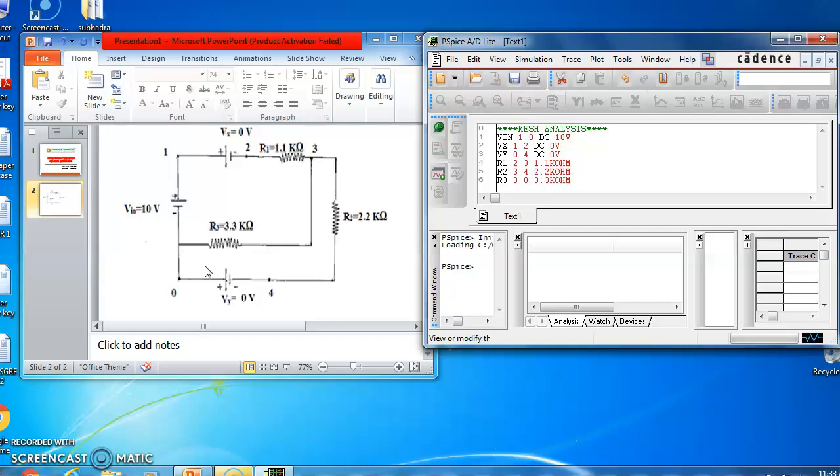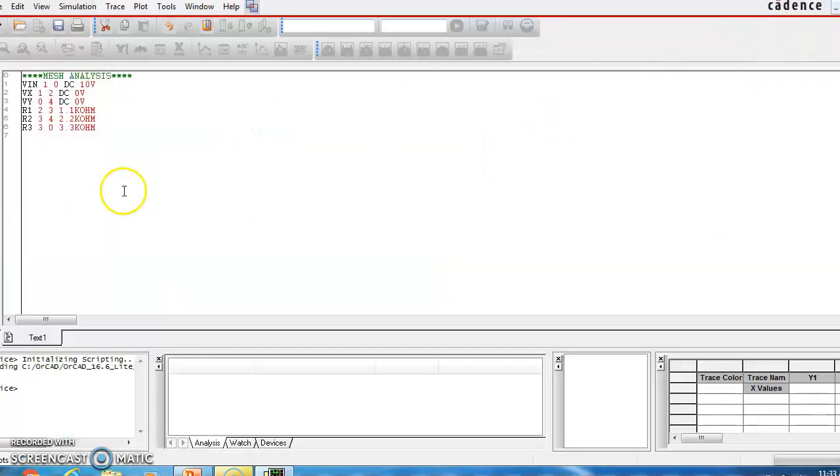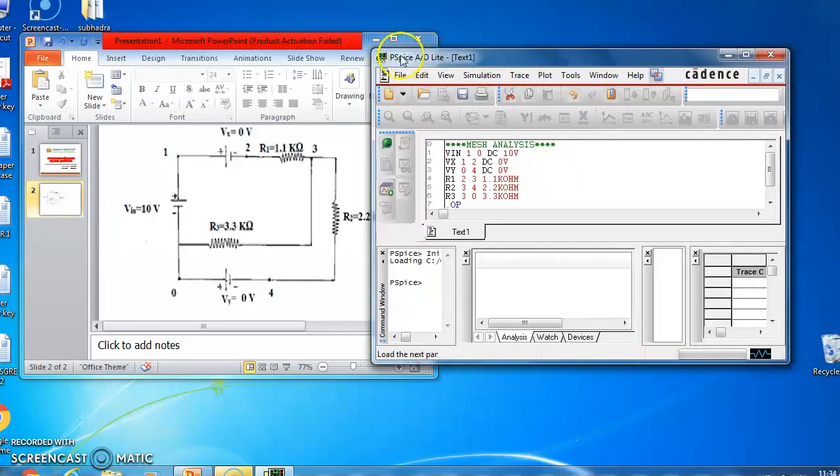Next, to perform the operation, I use the command .op to get the output file. Then I complete the program with .end, the end of the program. With this, I have completed the description of the file.